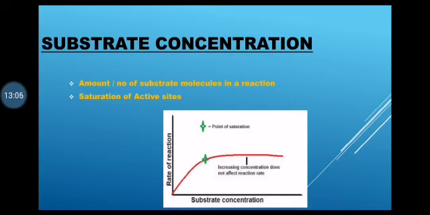Then a complex is formed that is called the enzyme substrate complex. When the substrates are converted into products, the enzymes separate from them. Now what is the role of the enzyme concentration